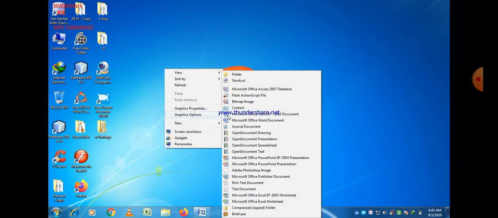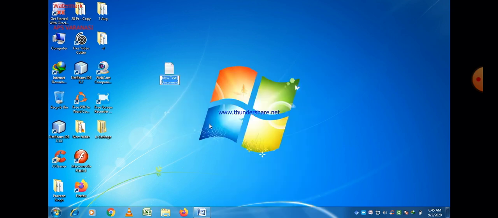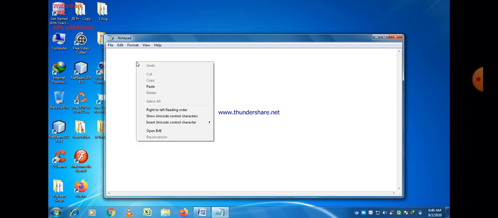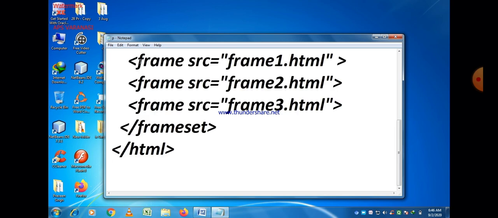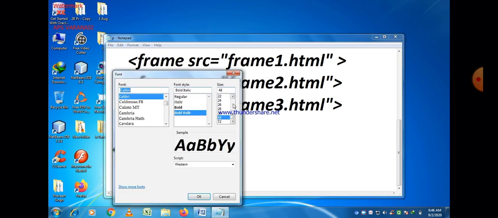Let us see. First of all, create a notepad file here. I just make the file name p, then click on that file and paste here. That is our program.